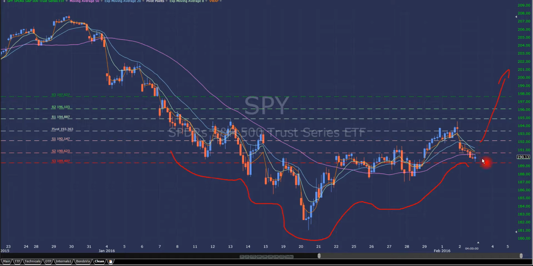We're going to have to start a rally and see if we can climb above some of these levels. Certainly over 192 and then the 194 zone. Certainly clearing this last nominal high will be important. So we've got a bit of a range to play with, as far as the downside scenario,